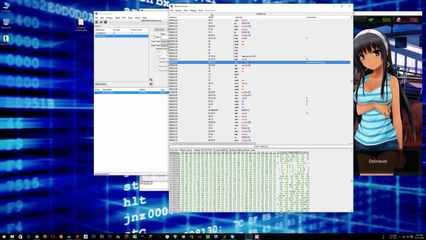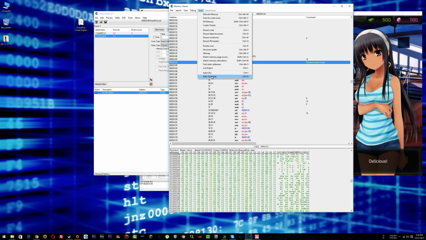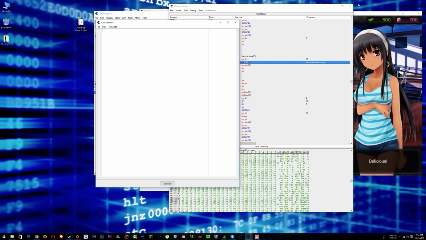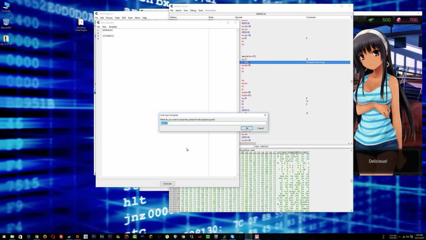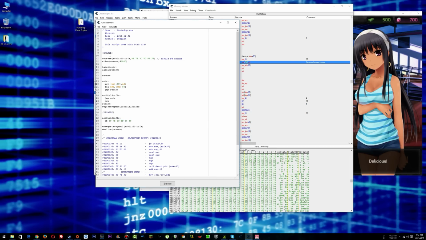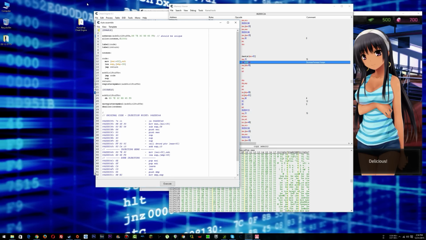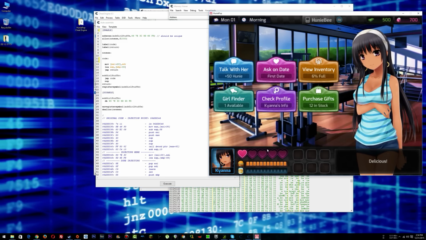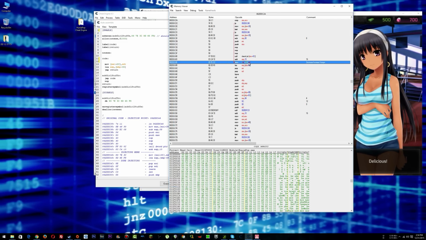right here at this instruction, let's go Tools, Auto Assemble, Template, AOB Injection. Okay. Let's call it AOB Girl Stuffs. Perfect. AOB Girl Stuffs. What do we want this cheat to do? We want to max out these 3 things. And since we see in the structure here,